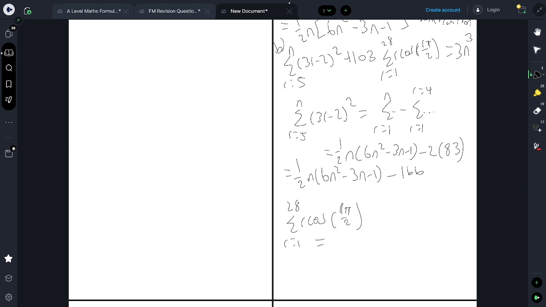So the sum of that's going to be, r is 1, that's just going to be cos of pi over 2 plus 2 cos pi plus 3 cos 3 pi over 2 plus 4 cos 2 pi, and then so on. And that's going to equal